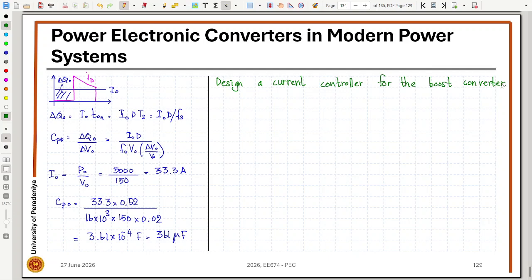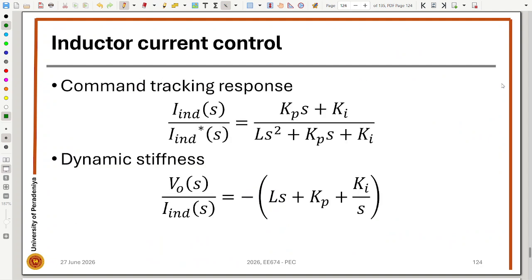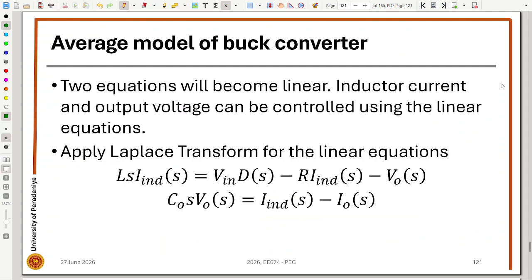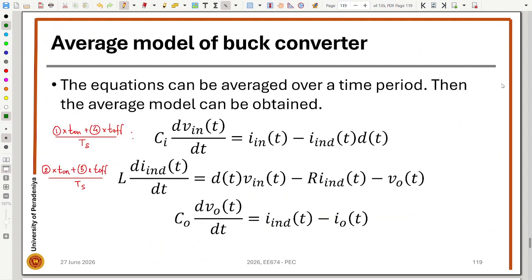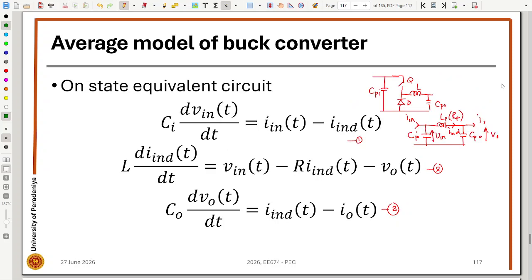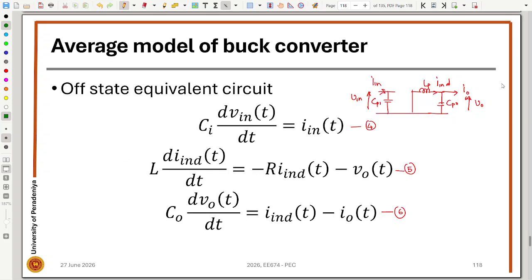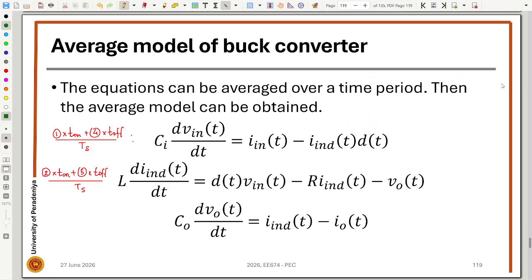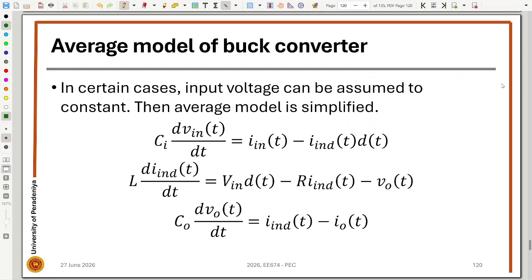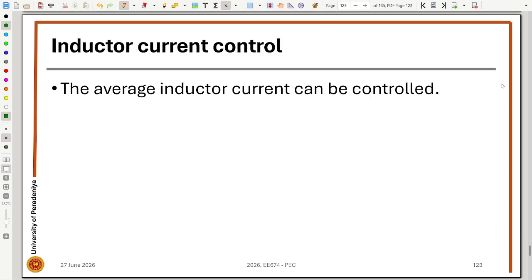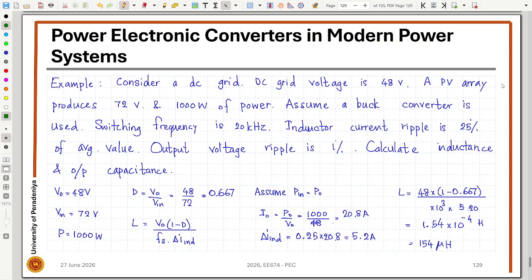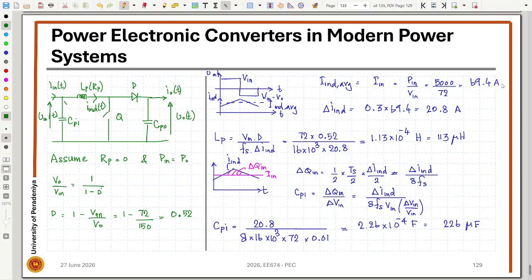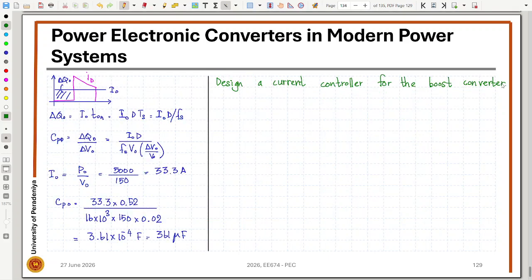So for this one also, like we did for the buck converter, you can look at the on state and off state equivalent circuits, so we can write the equations, then we can get the average model, and thereby we can get the operating point model as well. I'm not going to go into the details of how we can obtain it, but I will write the equations. So the average model is going to be